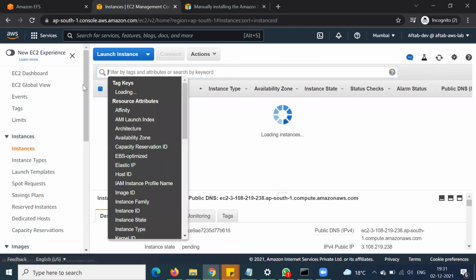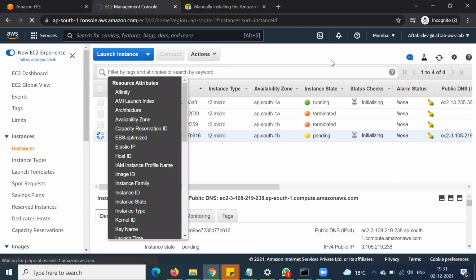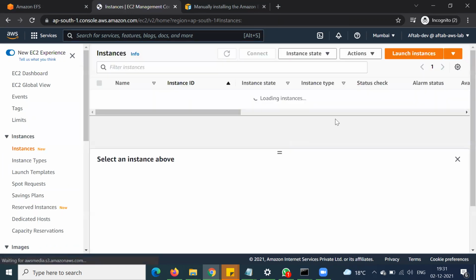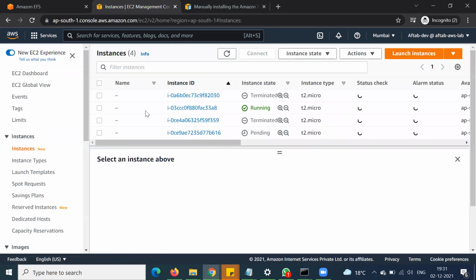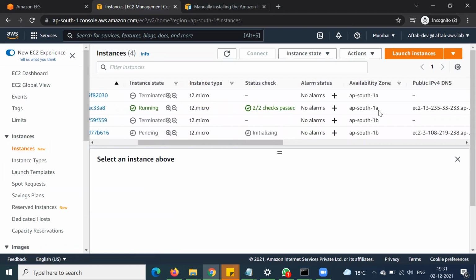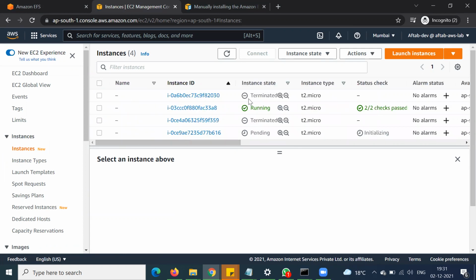So now, friend, both instances are now running. One is in 1A and another is in 1B, right? So these two servers are in two different availability zones.